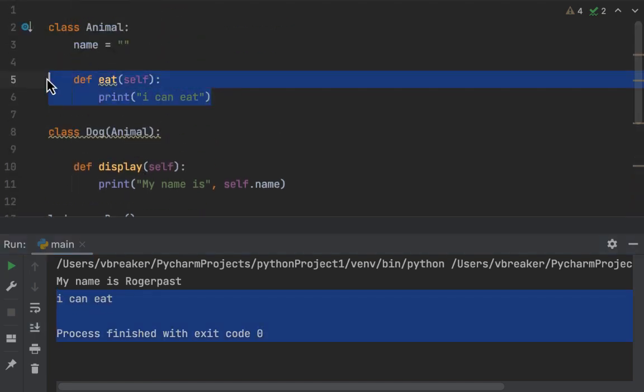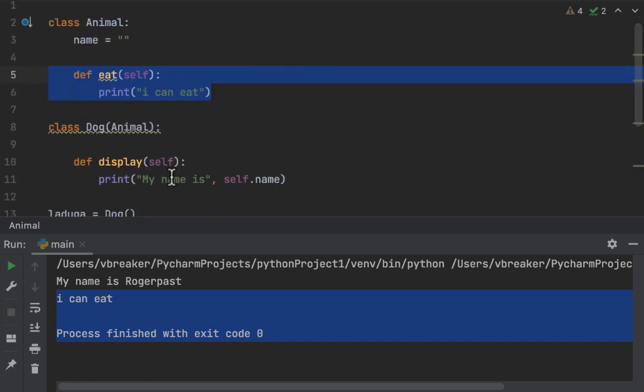Okay, so this was the method from the superclass, and this was the method from the subclass. So that is how inheritance works in Python. So you should always make sure you are able to create all these kinds of functions in the superclass, so that when you're using your subclass to access, it will be very, very simple for you. So with this